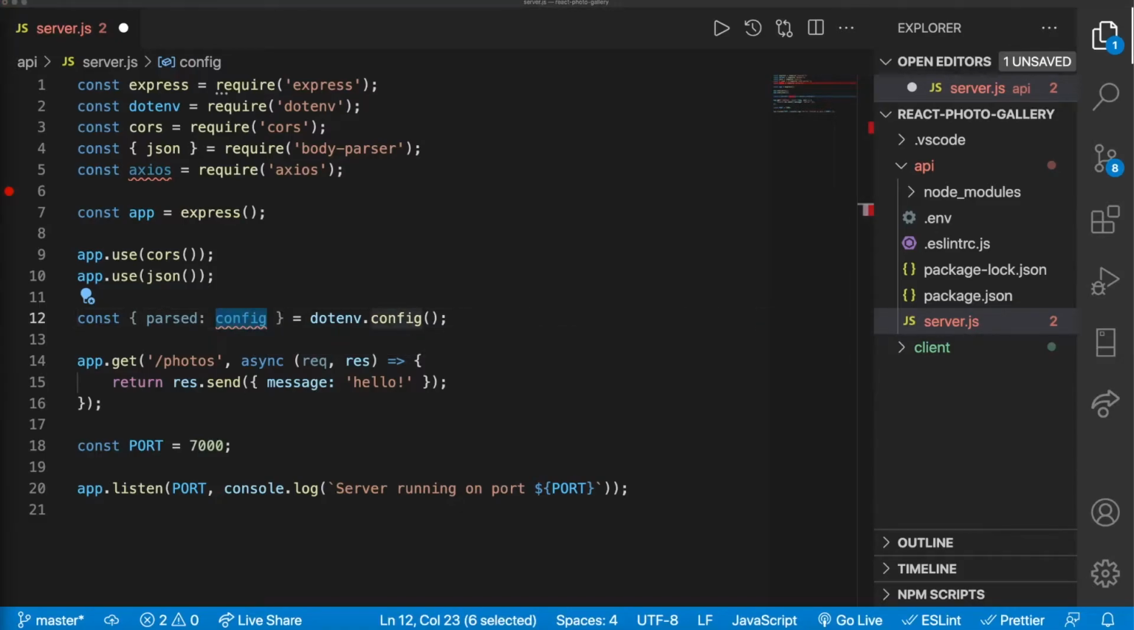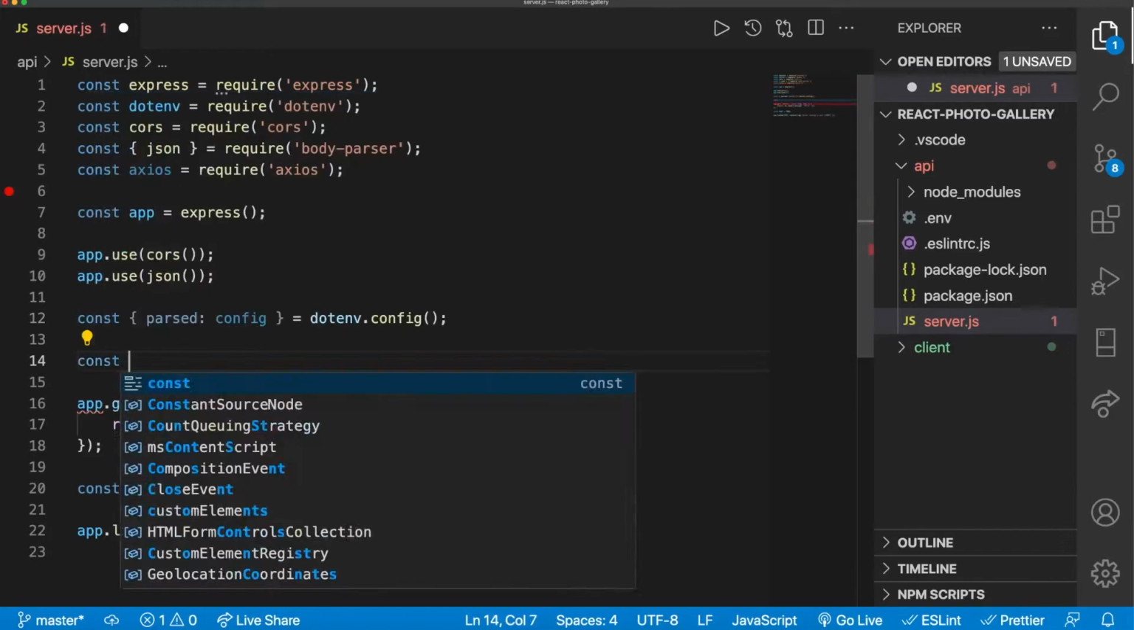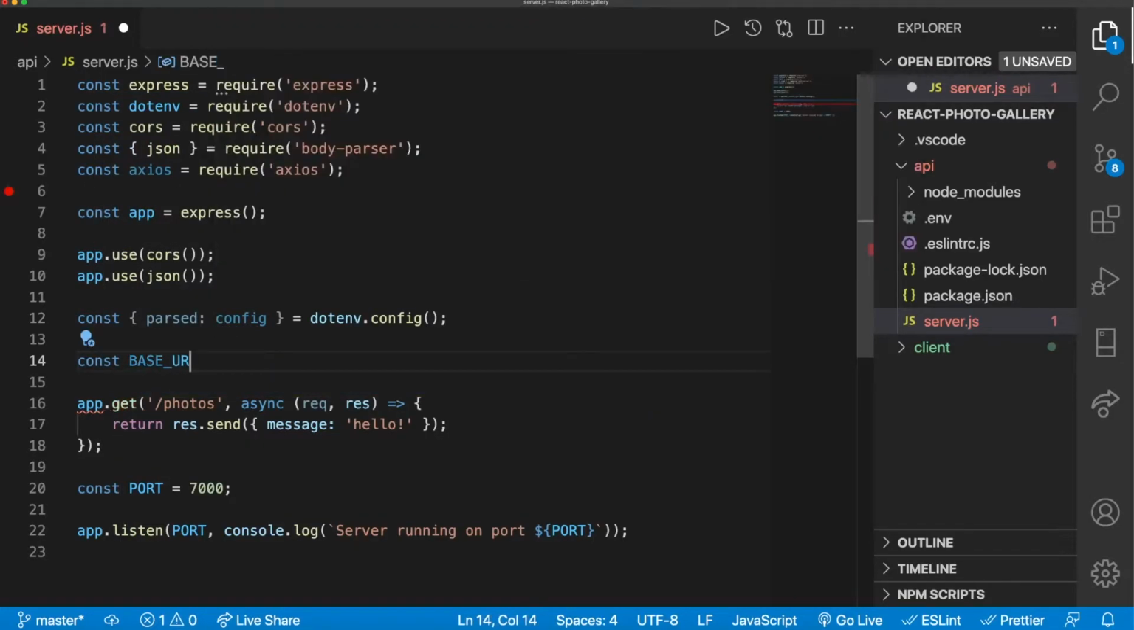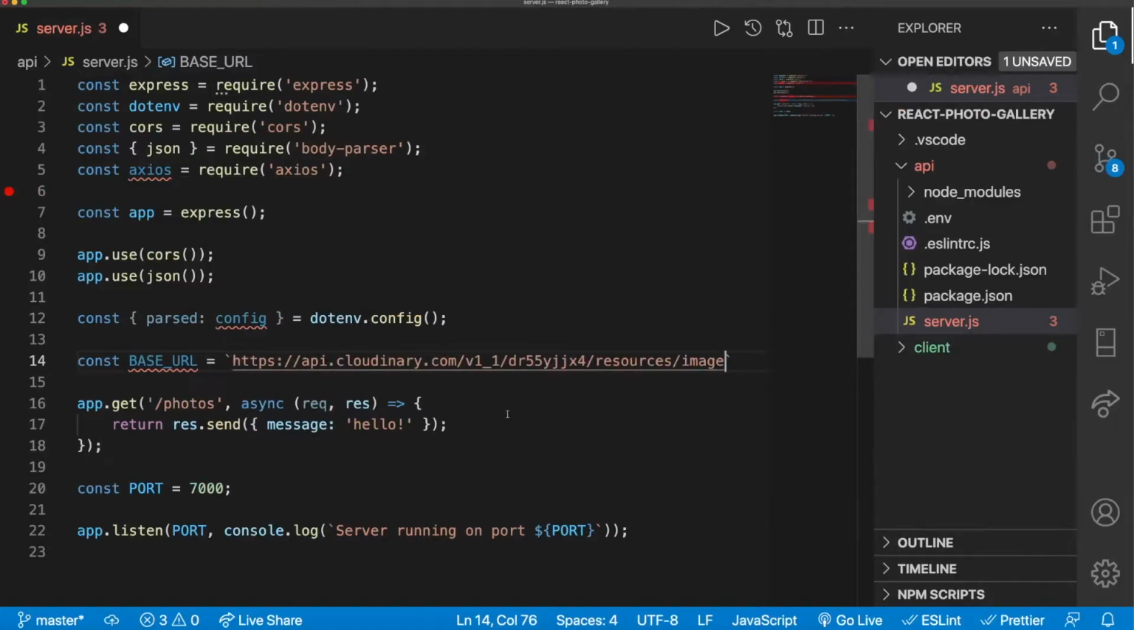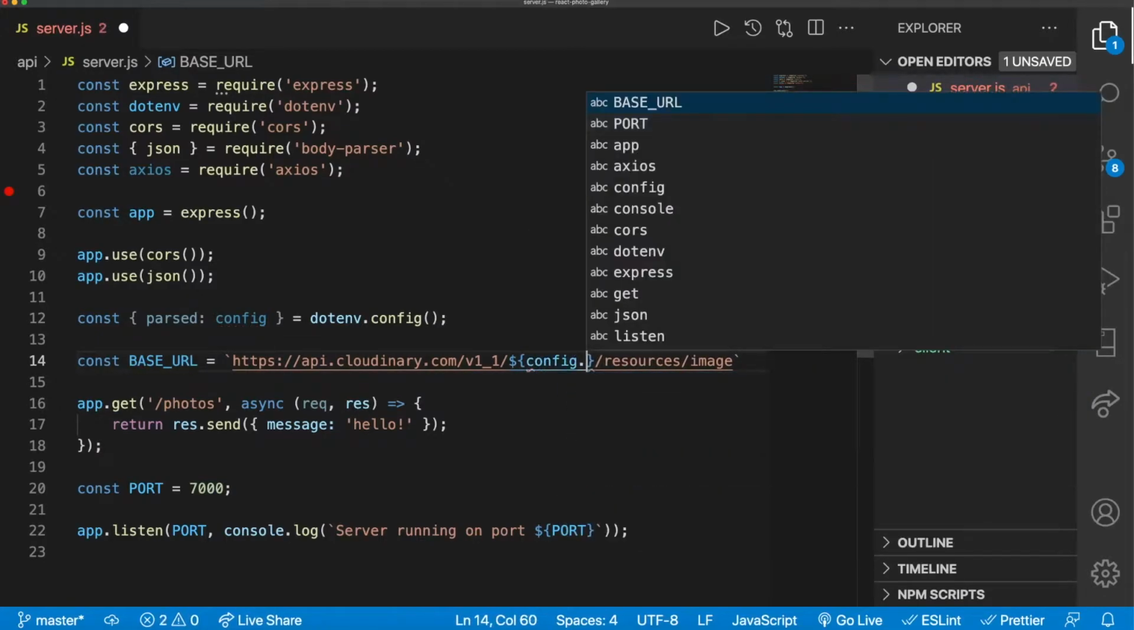Now we can create the Cloudinary endpoint string that we need to call from our requests. So just below our config import, we can say const base URL is going to be equal to, and we will open backticks to indicate that we want a template string. What we're going to do is copy the URL from Postman or from the Cloudinary dashboard, whatever is easiest, and we will paste it in like so. And we're going to delete the cloud name and we're going to take it from the config instead. So we'll say config.cloud